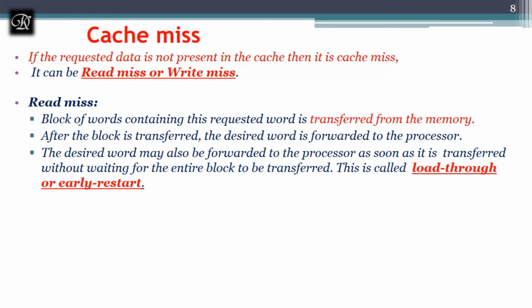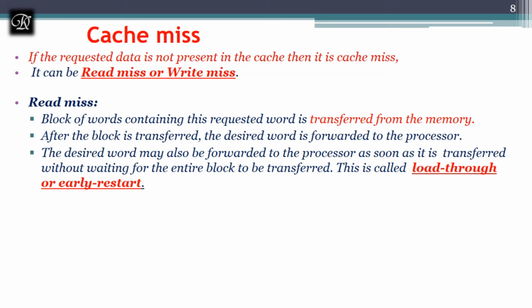A plus B, I want A and B values. So now A and B are not there in the cache memory. They are there in the main memory. The assumption is they are there in the main memory. Now they have to be transferred from main memory to cache memory. So what I have to do now is bring them to cache memory, because they are not there. That is why it is called a miss.